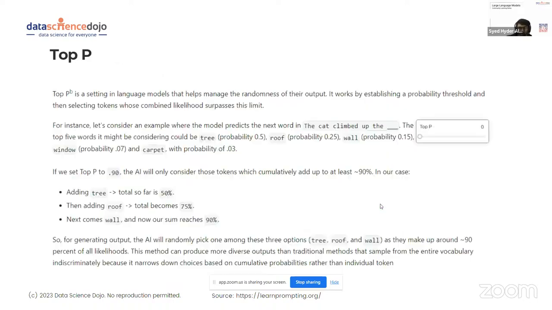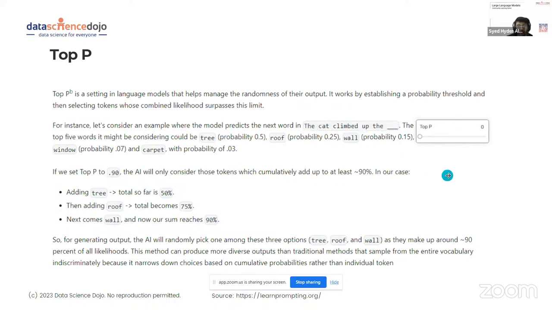So, as I was telling you, top P actually helps us manage the randomness of our output. It works by establishing a probability threshold, and then it selects based on the combined likelihood. For example, we have this sentence: the cat climbed up.